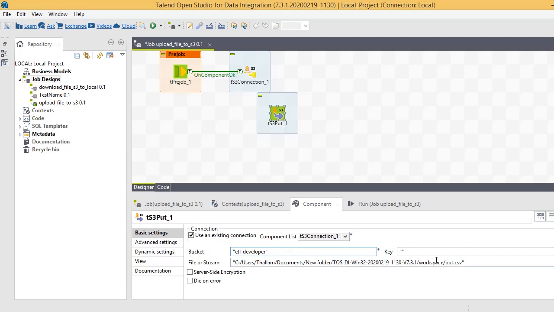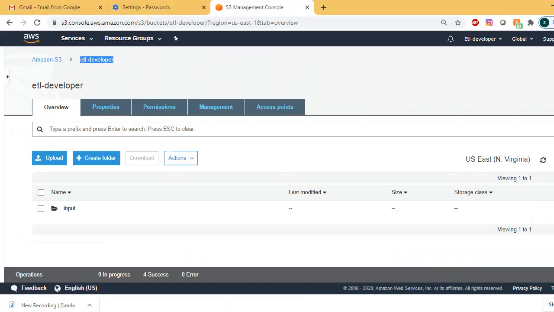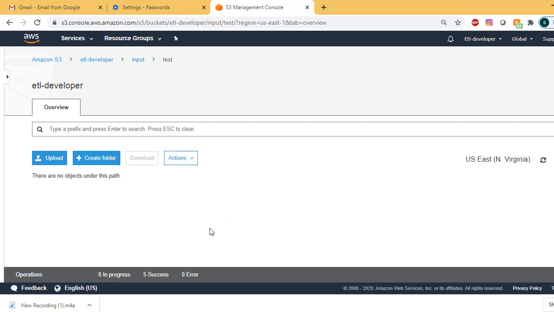This is my bucket name, and I want to give my key. I want to upload my file to this location in the bucket. So that is input test.